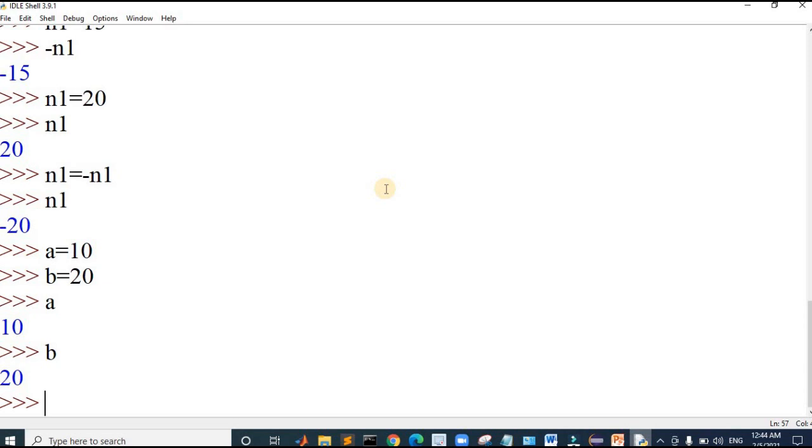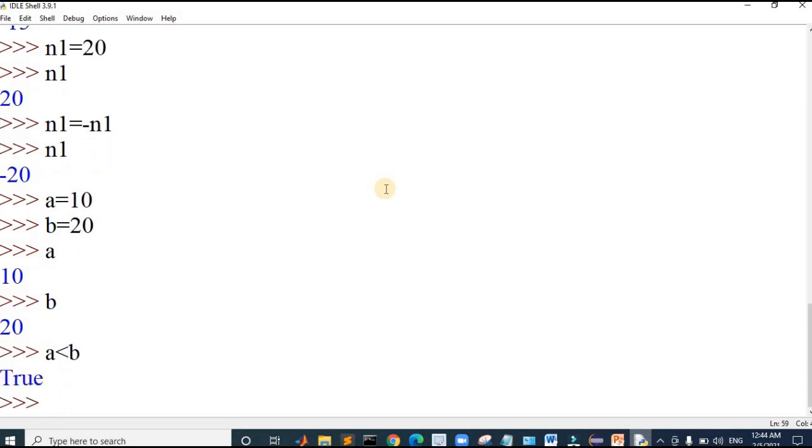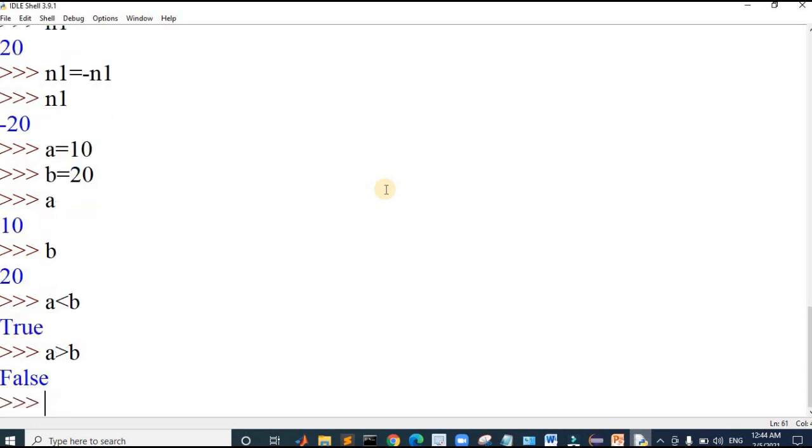Now if I would like to verify the relation between the two values, a less than b returns the value True because 10 is less than 20. Similarly, if I verify a greater than b, it returns false because 10 is less than 20 but not greater than 20.